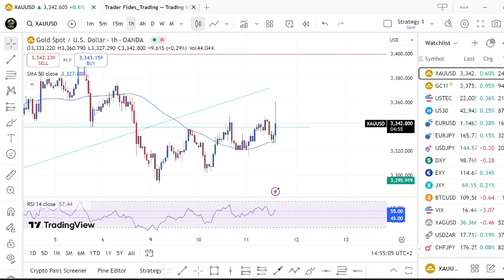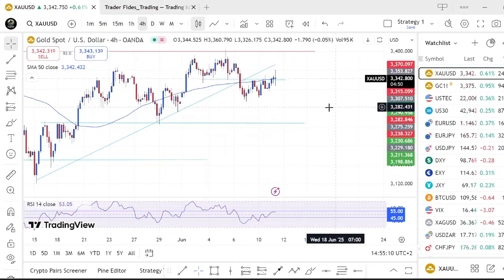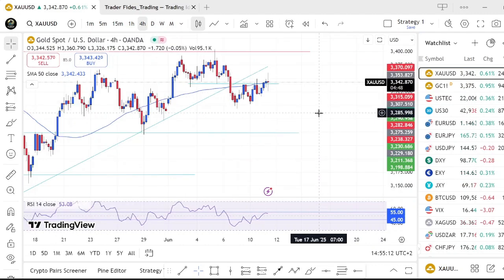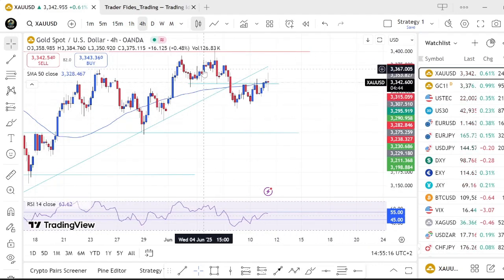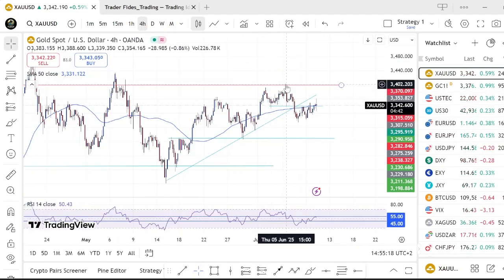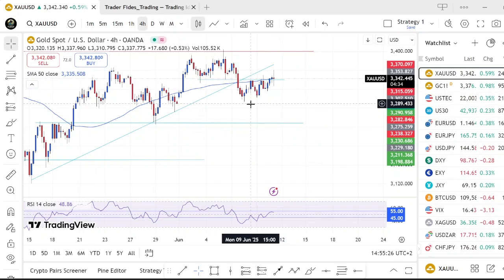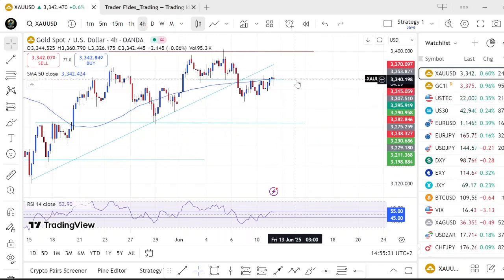We are starting with gold, and we are on the 4-hour time frame. As we can observe, gold is currently trading in a bit of a bearish move after tapping the resistance zone at 3,400. When it tapped the resistance zone on Thursday last week, price did move into a bearish trend, and since then there's been some bullish retracements to the upside, and price is currently sitting on the break and retest level at